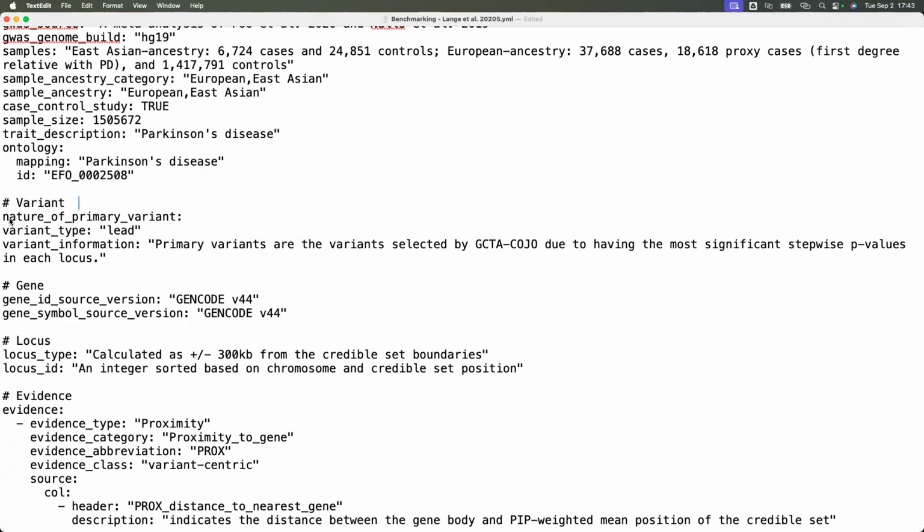So maybe this is a use case that we haven't seen before that I wanted to bring to your attention: the primary variant was selected in this stepwise fashion, where you pick the best one, condition, pick the best of the remaining, condition, which wasn't listed somewhere explicitly, and I wanted to bring that up.